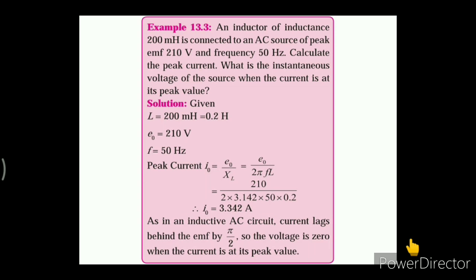When a pure inductor is connected in a DC circuit, the value of the opposition offered, XL, is 0, as the frequency is 0 in DC circuits, which implies that a pure inductor offers 0 resistance to DC. That is, it cannot reduce DC, and thus it passes DC and blocks AC of very high frequency. Hence we can say that in an inductive circuit, the self-induced EMF opposes the growth as well as the decay of current.